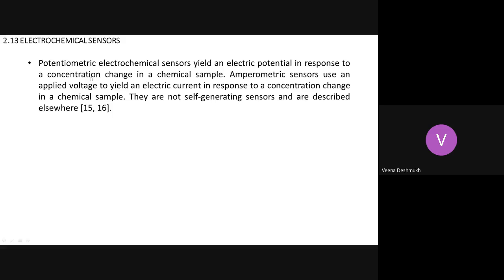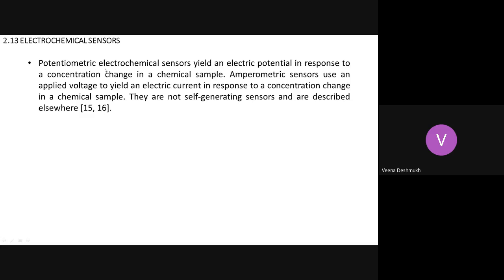So the next one we have is electrochemical sensors. Now, electrochemical sensors, we have already studied in the electrolytic type sensor. So they are the same, only thing here, one advantage of this is that the current generated by these electrochemical sensors is high compared to the general electrolytic type. In the earlier section, we studied potentiometric electrochemical sensors, whereas these are the ones which are self-generating type.